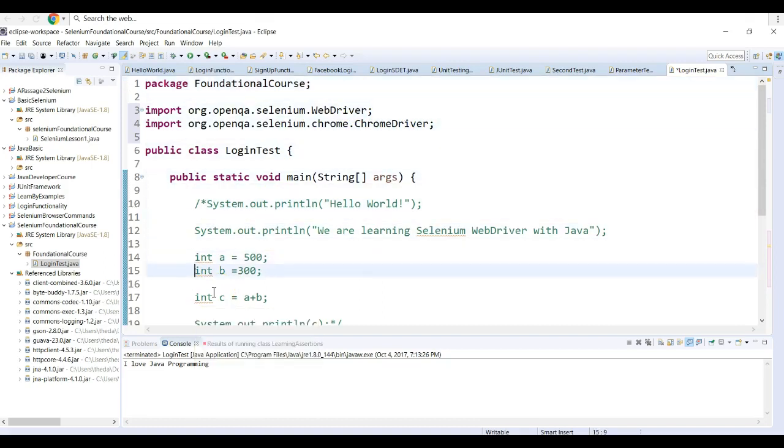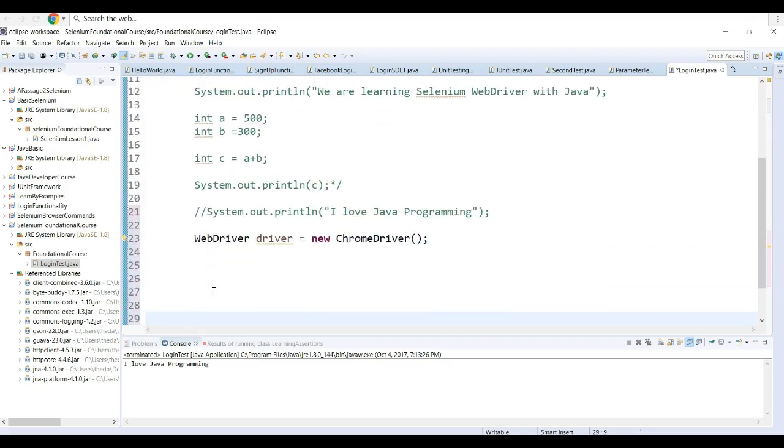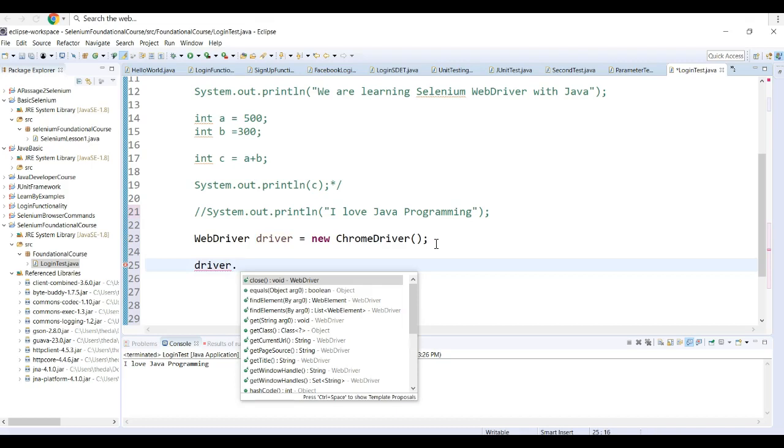Okay, it's possible because we have already configured the build path with the Selenium jar. Can you remember? Okay, now an object has been created. The purpose of creating a new object I already told you in the last class, and I think you can remember. Okay, so driver dot, we are going to use a get command,